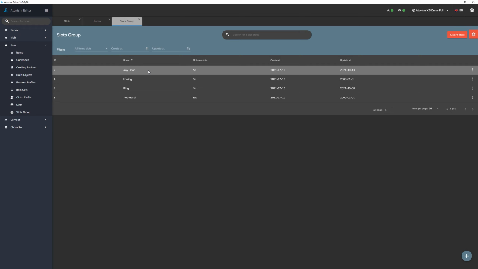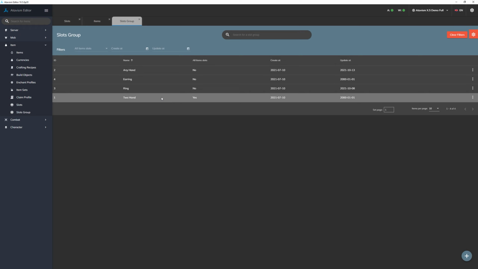Let's imagine our game. In our game we will be able to play with some kind of serpent warrior or some snake, something like that, that will have 4 or 6 hands even, or maybe we'll want to have not only 2 rings and earrings, but maybe more, like 4, 6, 8, 10, whatever. Then we will have to group these slots. It will let us put an item defined with a slot group, and not a particular slot, in any slot